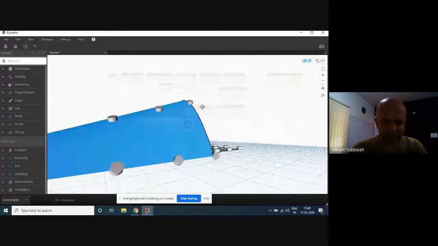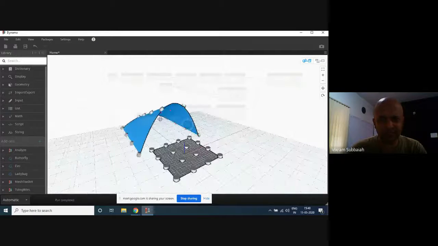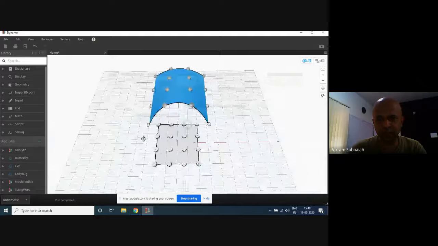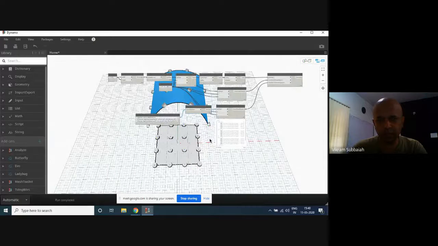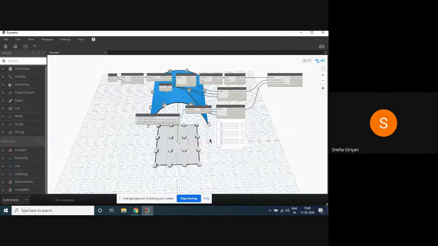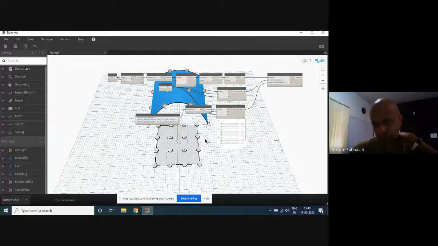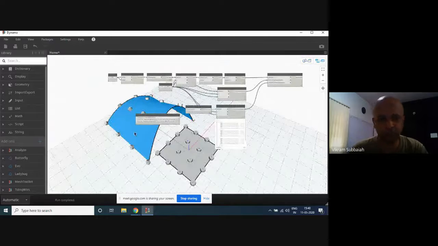Did you want to know how to create a surface like this, or what is it? I mean, is that what you're really keen on? Yes, sir. Okay, I think you've always wanted to do stuff like this, and I've always been saying that it's easy, but I haven't shown you how to do it. So I'll just quickly show you how to do it.